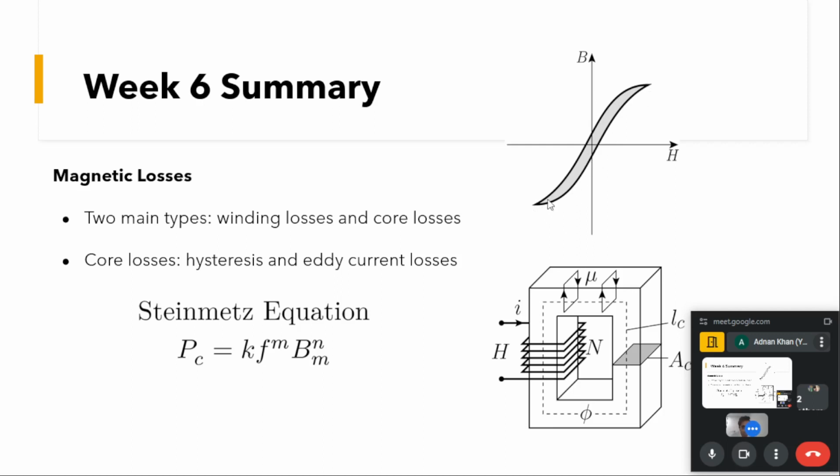You can see this B-H sort of curve. This is called a hysteresis curve, and the area under this BH curve will give us the hysteresis loss. This is due to the magnetization and demagnetization of the magnetic domains, and this can vary for different